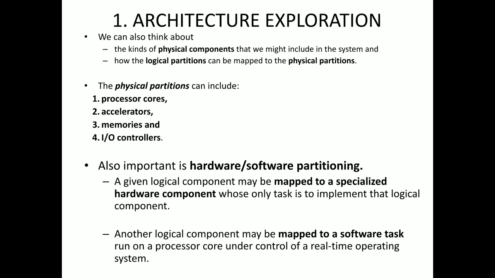Next, we have mentioned the physical components and the logical partitionings. Let us see what the physical partitions include. They may include a processor core, accelerators, memories, and input-output controllers. That means the memory chips, the core, and all the input-output controllers, meaning the buses, serial bus and parallel bus. All these are physical, so they need to be placed properly within a given area. You have seen a motherboard, right? You have seen a phone PCB, right? The functionality is almost the same and it includes almost all the same components, but the areas differ. So this is about physical partitioning.